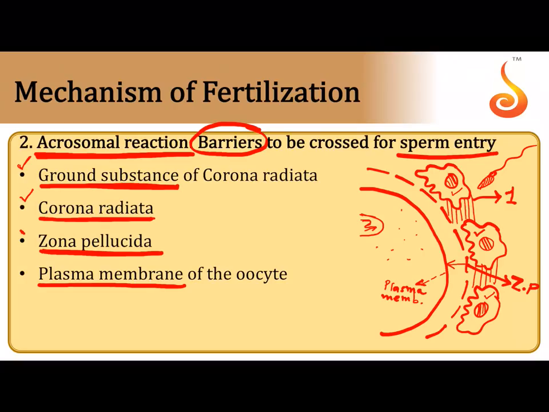Then the head of the sperm has to overcome the barrier, which is the zona pellucida. And then finally it has to overcome the barrier, which is the plasma membrane. Only then it will successfully make its contact with the cytoplasm of the secondary oocyte. So this is the nucleus and this is the cytoplasm. So a total of 4 barriers must be crossed, and this is crossed with the help of a special structure